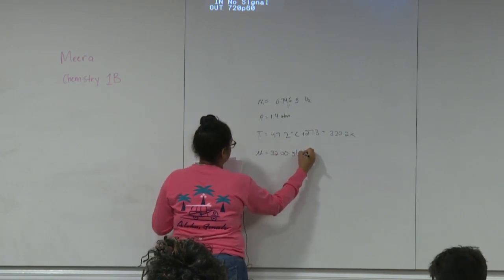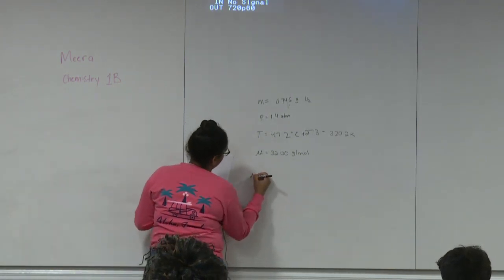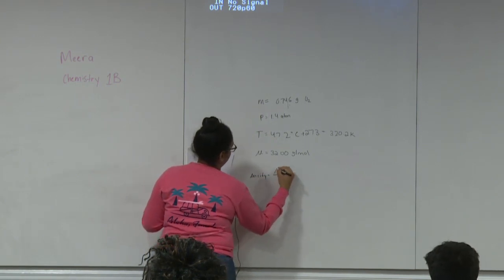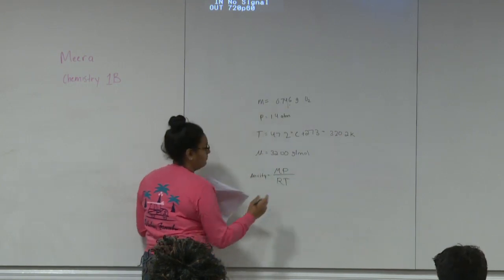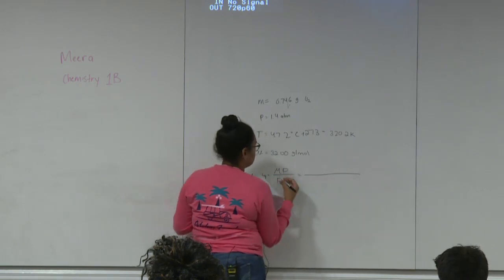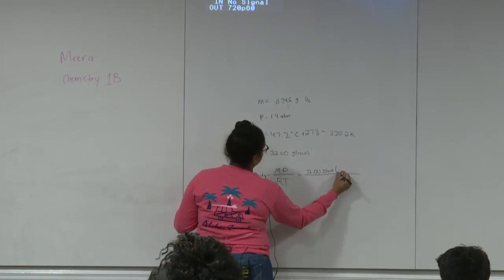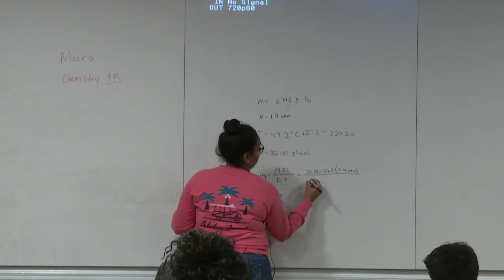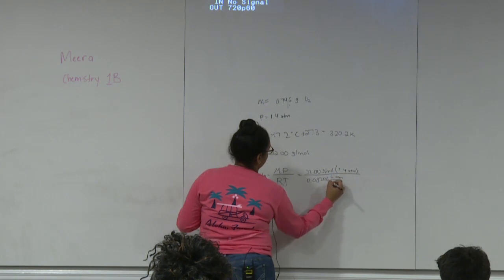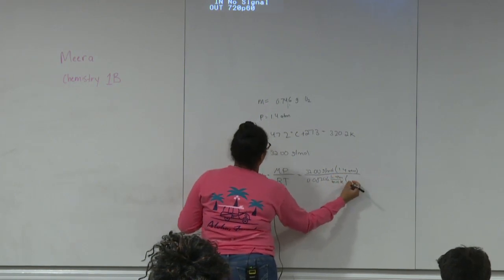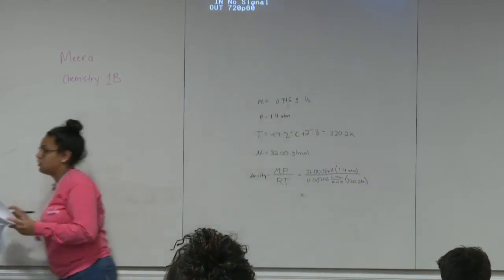And you know that your molar mass is 32.00 because it's oxygen gas, which means it has to be diatomic, right? So the density formula is given by molar mass times pressure over RT. So we know our molar mass times the pressure of 1.4 atm over RT. And you should get